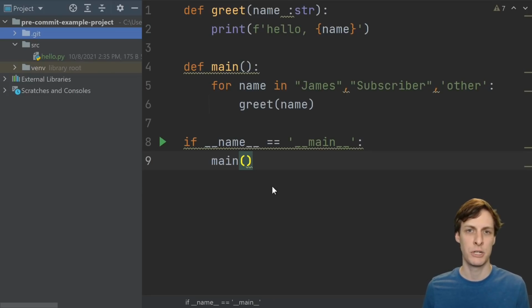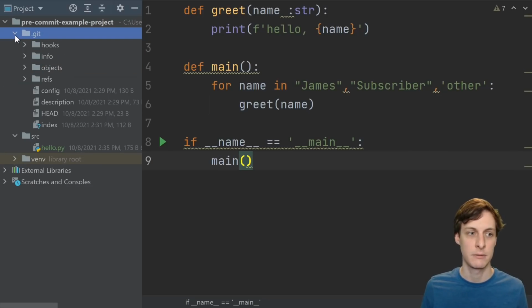Basically, Git has a notion of what are called commit hooks. These are things that happen either before you commit or just after you commit or when you push or when you pull, things like that. Git will store this and a whole bunch of other information in the .git folder inside a directory. Depending on your editor, this folder might be hidden, so just look out for that. You might have to unhide it.